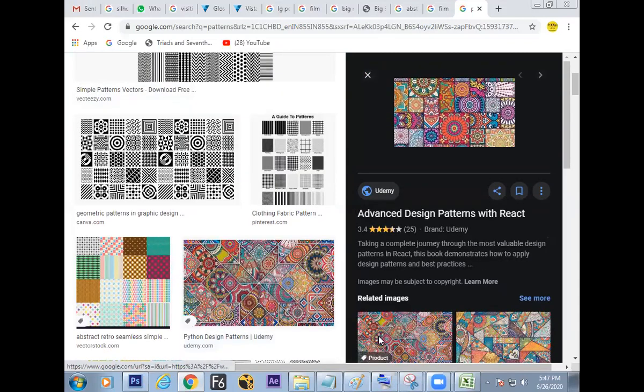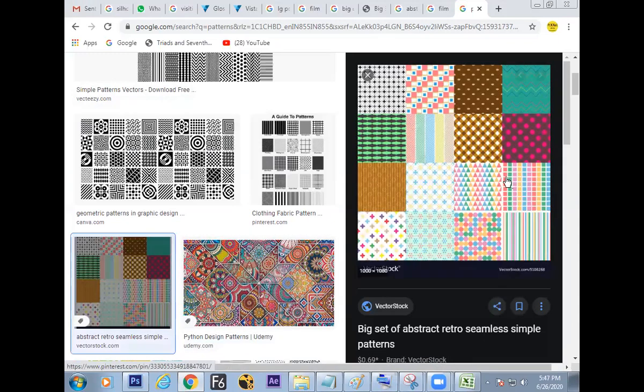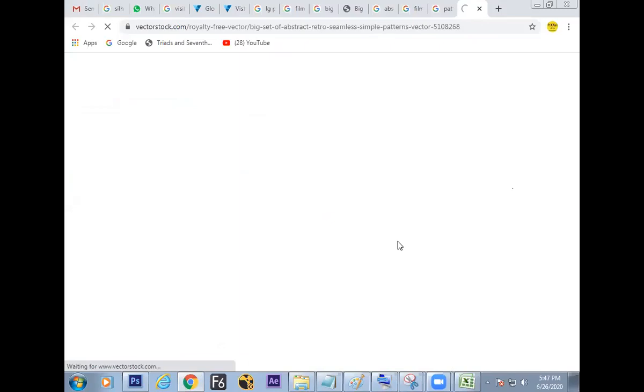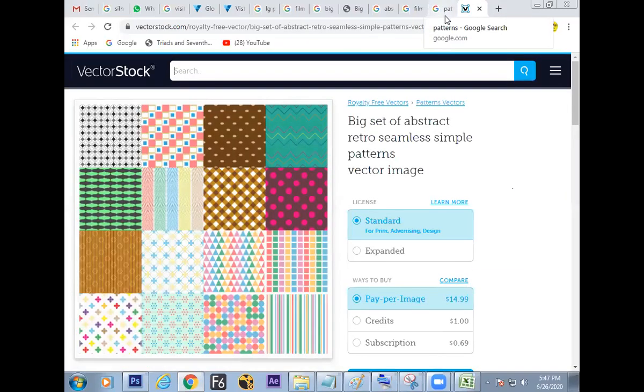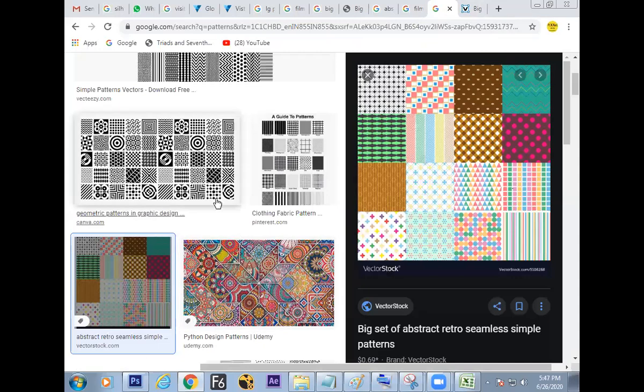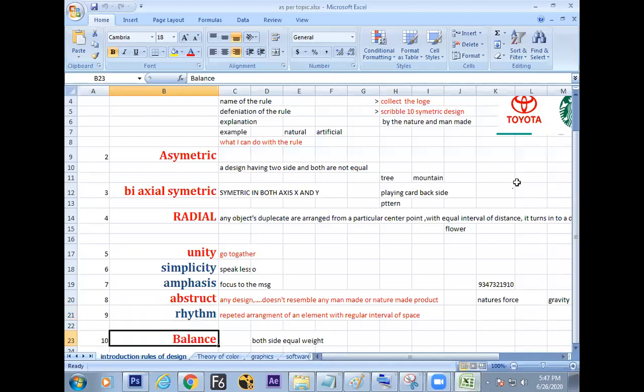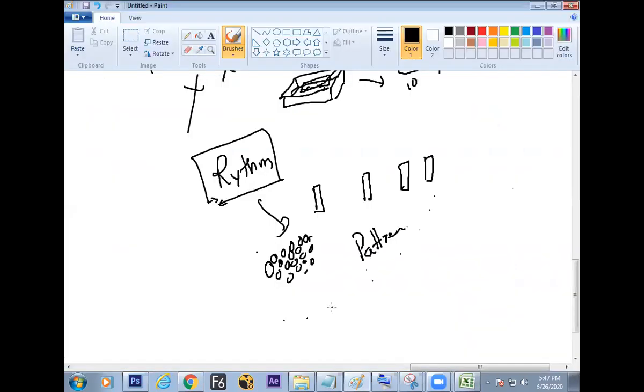So in the garment industry, paper industry, gift industry, they start by putting some design and repeat it in one way or the other. Getting a pattern is an art format. So people are working only on making patterns. Their job is continuously making patterns. In the textile and fashion industry, it works very nicely. Fine, then let's move into the next and last rule, and we'll stop there. Balance.